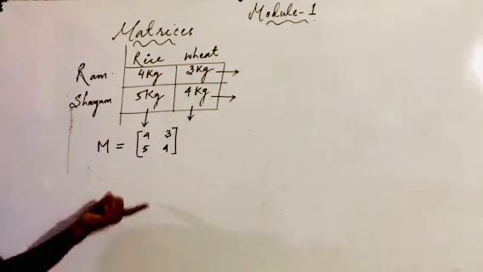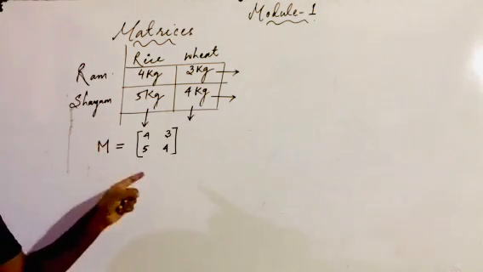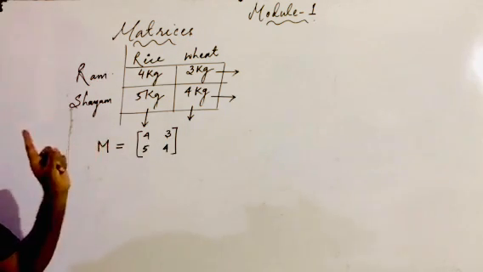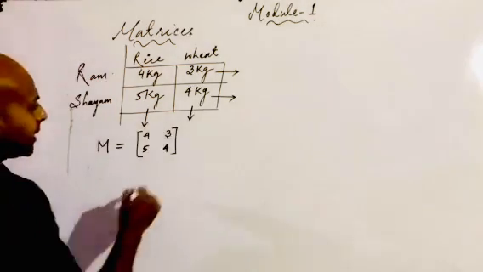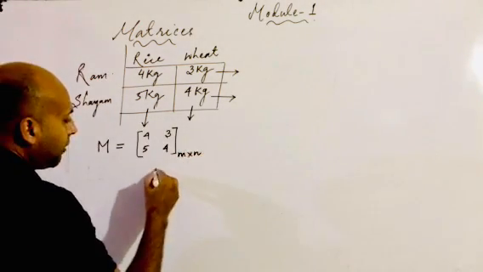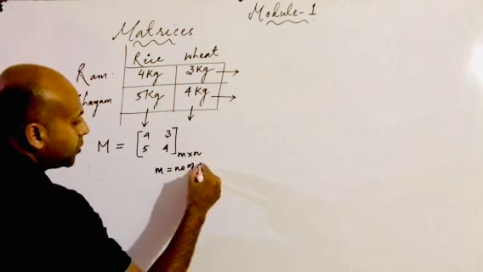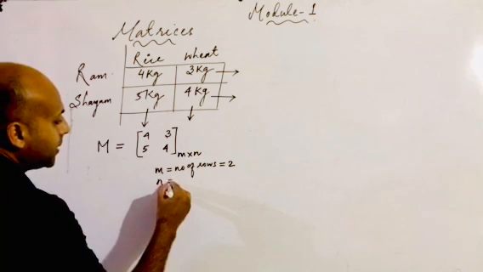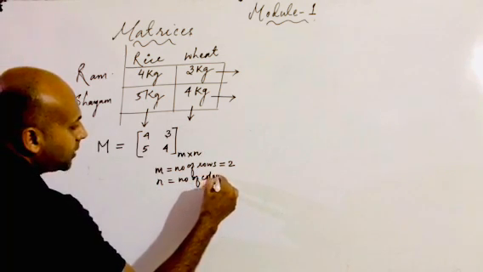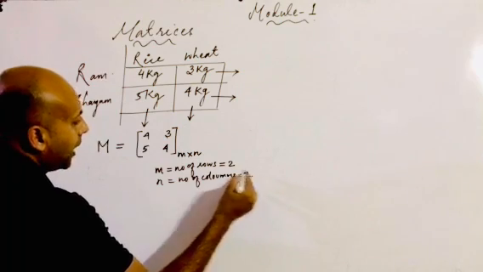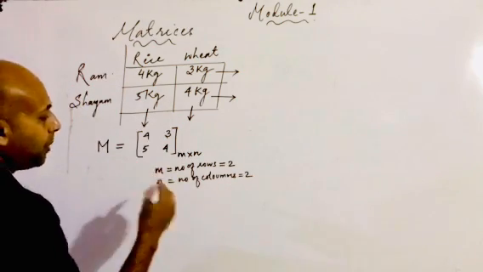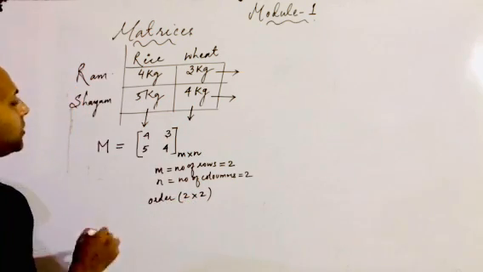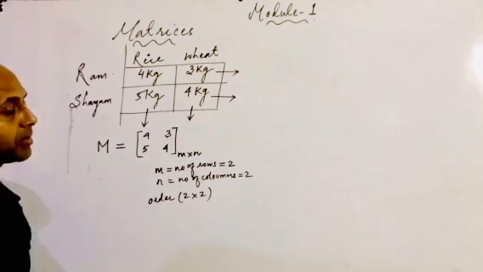So what exactly is a matrix? The matrix stands for the rectangular arrangement of m by n, that is, m number of rows and n number of columns. So I'll write here m by n, in which the value of m stands for the number of rows. You can see, children, how many rows are present here? 2 rows, so the number of rows is 2. n is equal to the number of columns. How many columns are there? It is 2. So the order of this matrix is 2 by 2. The matrix is always denoted by a capital letter and it is always written in a square bracket.